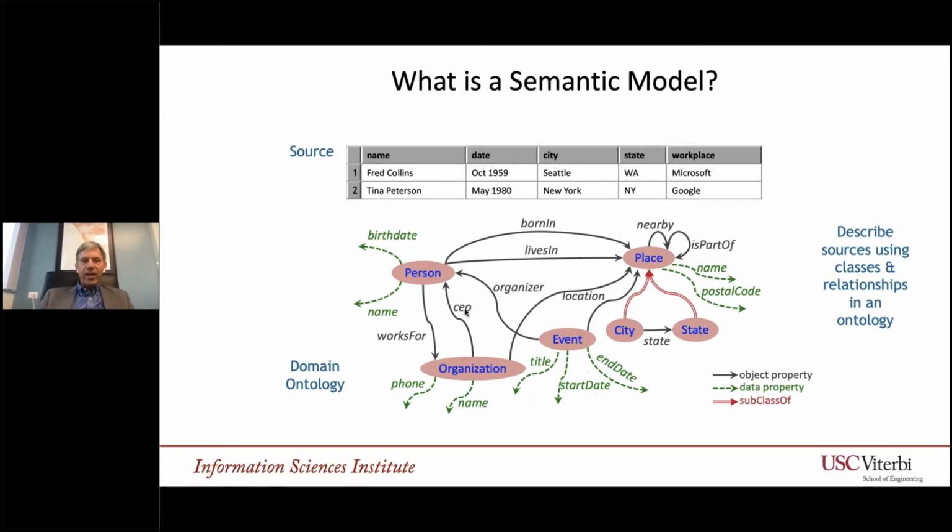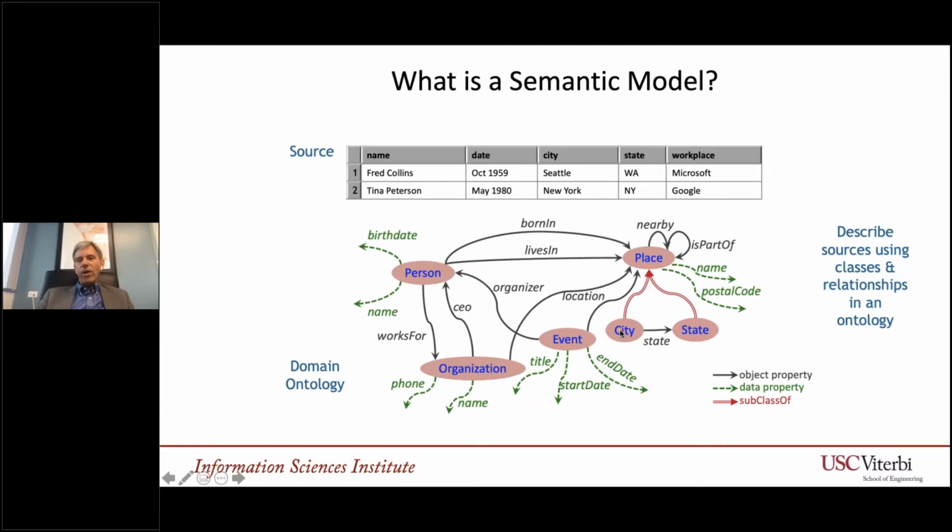And you can see that for each of the classes of information, those are shown in these red oblong circles. The links between the different classes are shown in black. So maybe a person, one thing that could be represented in this domain ontology is this person is born in a particular place, right? So person born in place, person lives in place. Then I can also have different properties of a person, right? So I can have a person's birth date and a name. And so you can see for each one of these classes, I've got a set of properties and then links